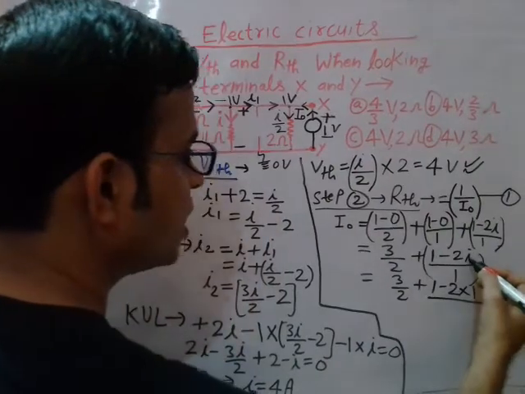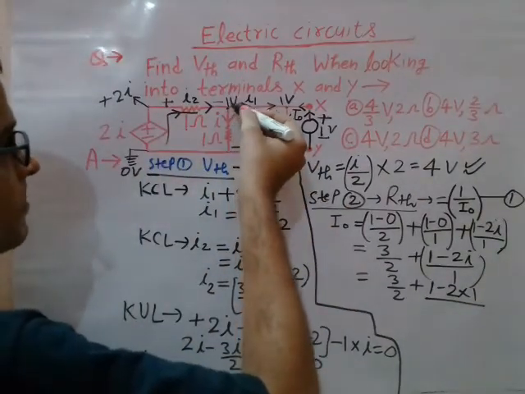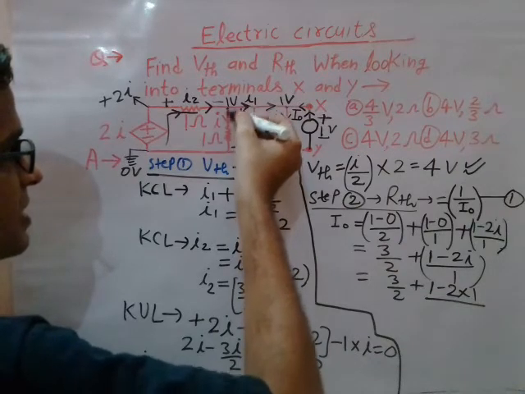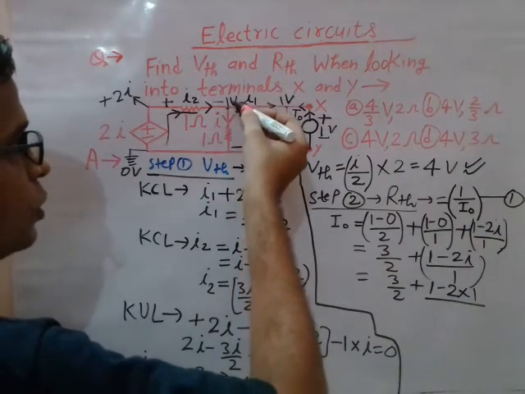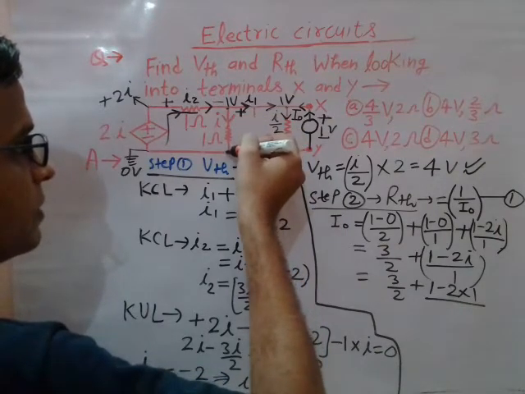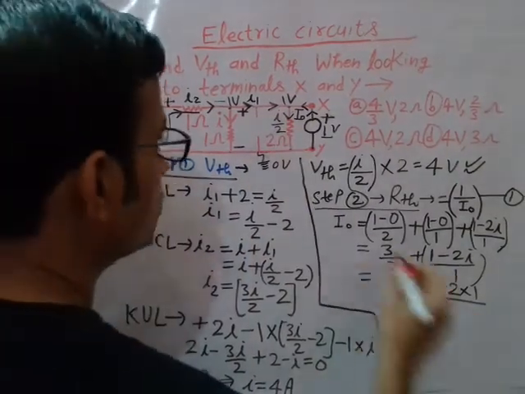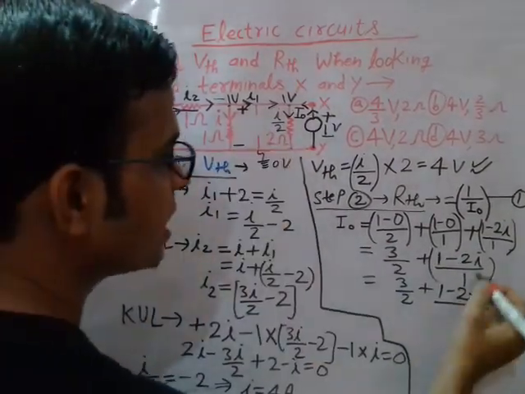Right? You understand how I calculated current I in this case? Simply apply Ohm's law. Current which is passing in this branch is I, and I is equal to this 1 volt minus this 0 volt divided by this resistance, 1 minus 0 divided by 1. So that is 1 only. Current I is 1 only.